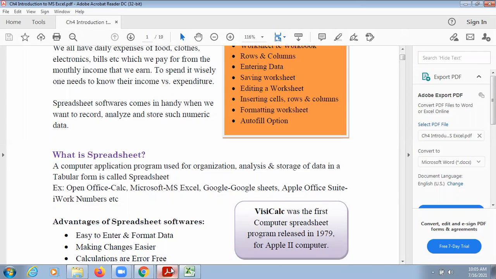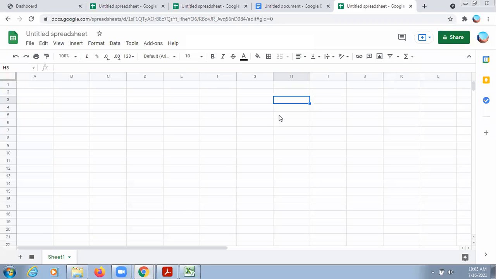If you don't have a computer and you are using your mobile phone, you can search like this.